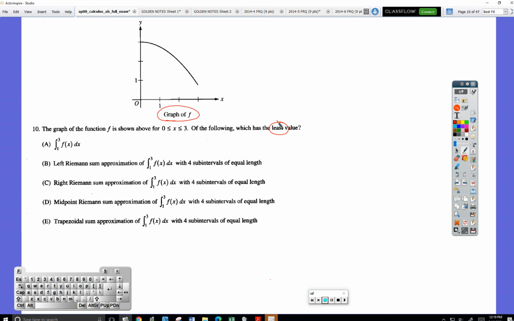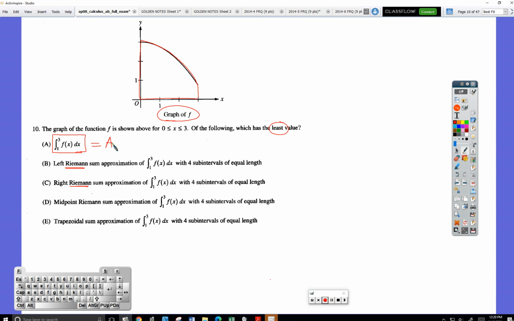This integral. When they give you an integral and they're comparing to Riemann sums, they are asking you to compare an ideal value to an approximate value. This integral, if we could compute it perfectly, would give a value that is exactly equal to the area that I'm outlining in red. So this integral would equal, I'll just call it A, that red area perfectly.